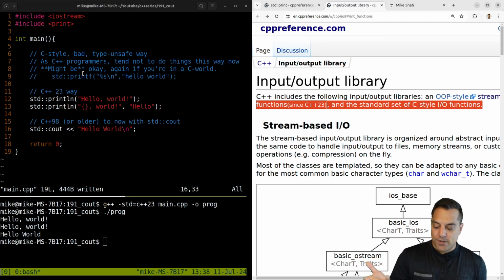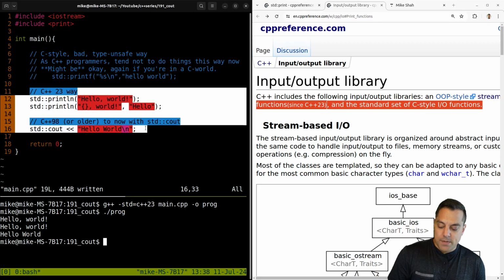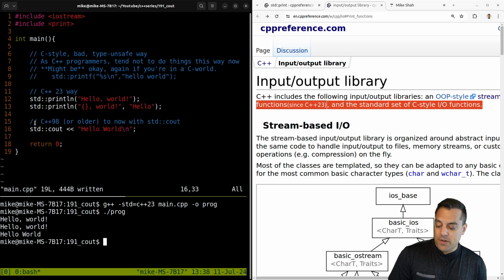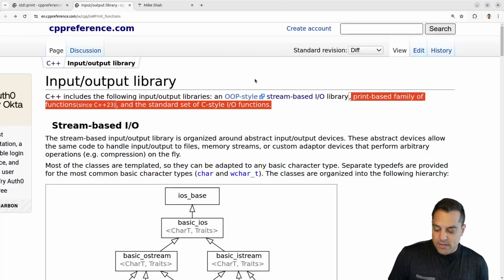Again, there might be reasons to have printf, or you're just used to it, or implementing with some C-style type or whatever. But again, if you're using a C++ compiler, we're probably going to prefer one of the C++23 way or the cout way for output. Okay, so again, just throwing that out there. And if you have other use cases to argue why printf, please let me know. I'd be curious to have the pros and cons there. But anyways, with streams here,